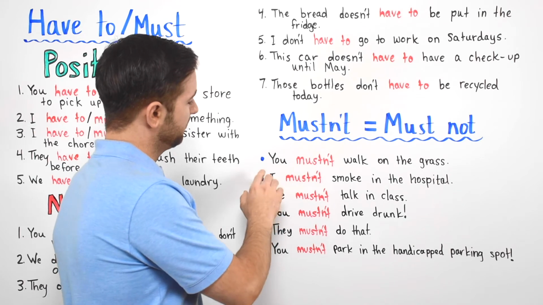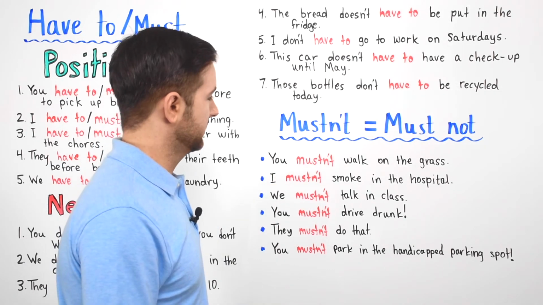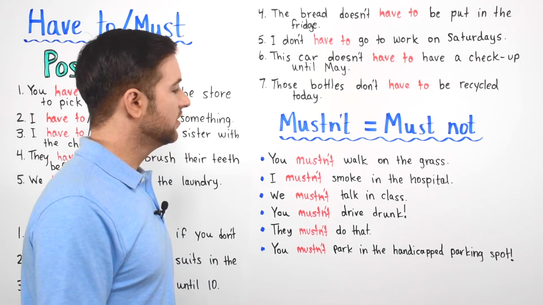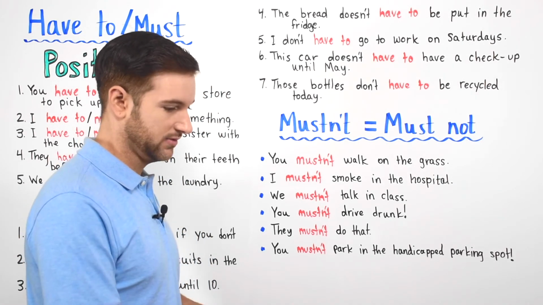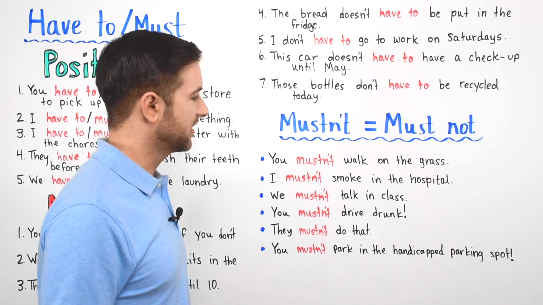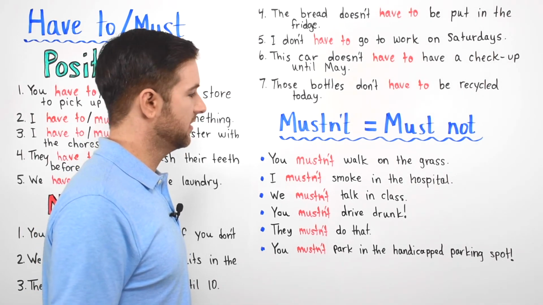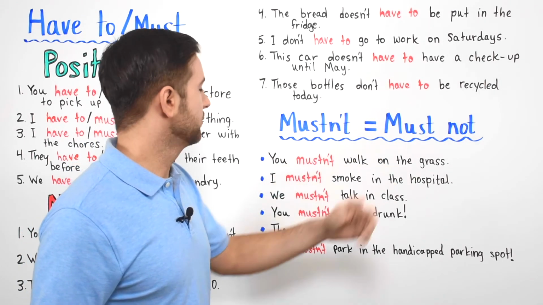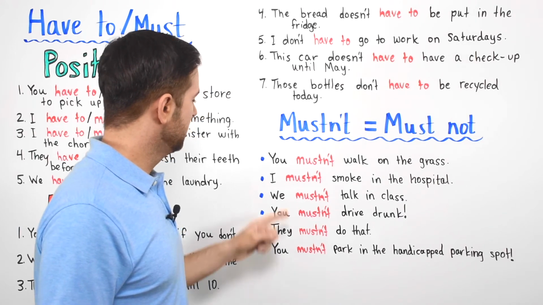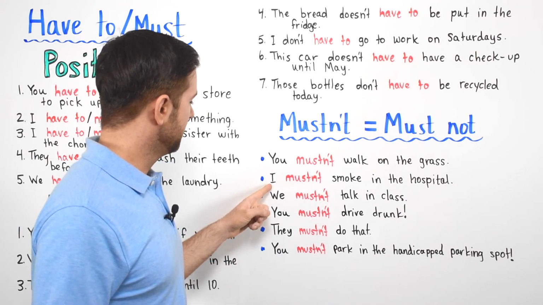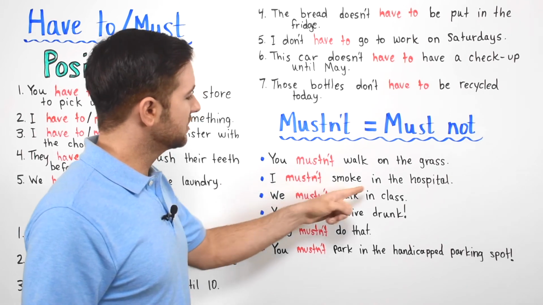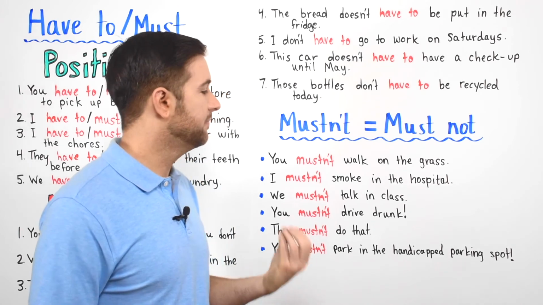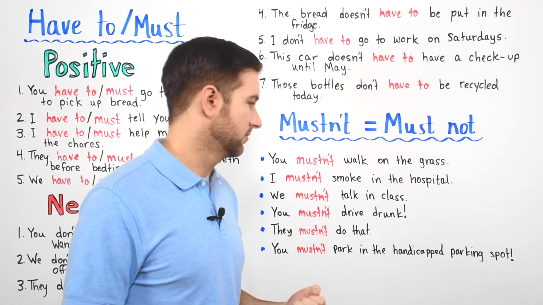Number 1, okay? You mustn't walk on the grass. Okay, so you've probably seen a sign or two like this that says you mustn't walk on the grass. The grass looks nice and green and very pretty, and you don't want to walk on it and destroy it. So you'll see a sign that says you mustn't walk on the grass. Okay, let's go to this one. Number 2, I mustn't smoke in the hospital. Okay, it's something that I'm forbidden from doing. Okay, I mustn't smoke a cigarette in the hospital. Okay, you cannot do that in